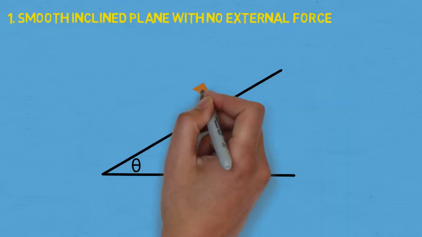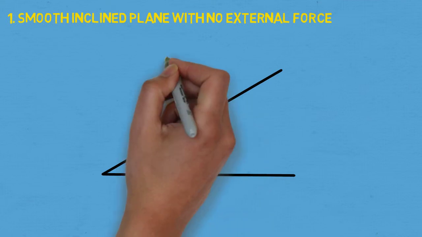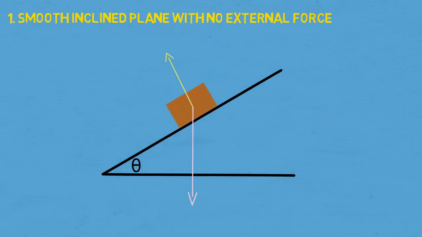Scenario number 1. Smooth inclined plane with no external force. The forces affecting the object on any inclined plane include the weight force, which goes directly down, and the reaction force, which is always perpendicular to the surface. Naturally, if an object is placed on an incline, it will slide down, so there must be some kind of force pulling it down, and that force is the horizontal force parallel to the inclined plane, which is caused by